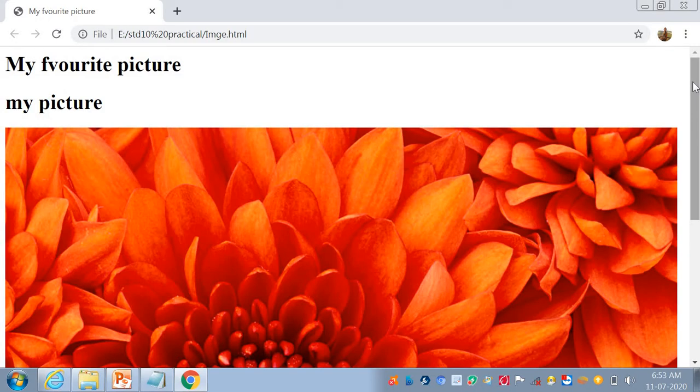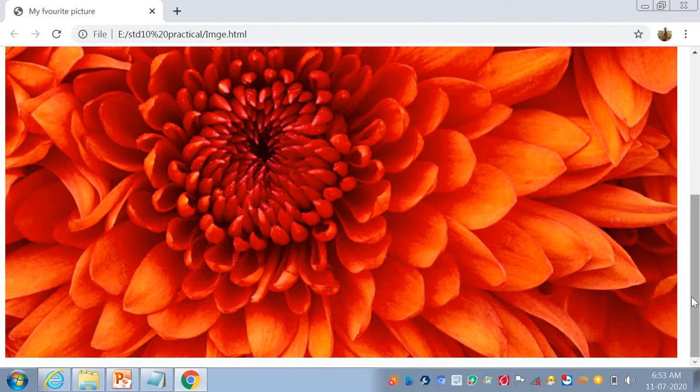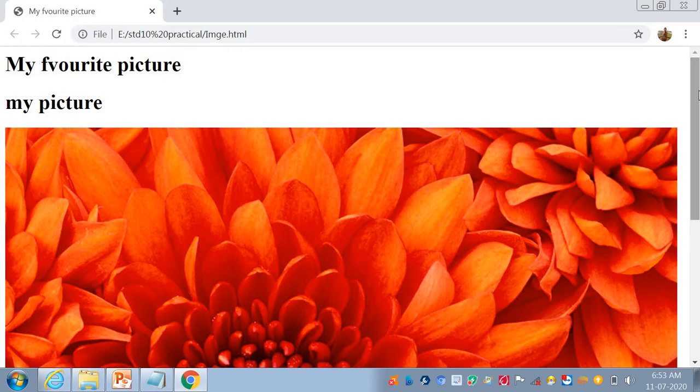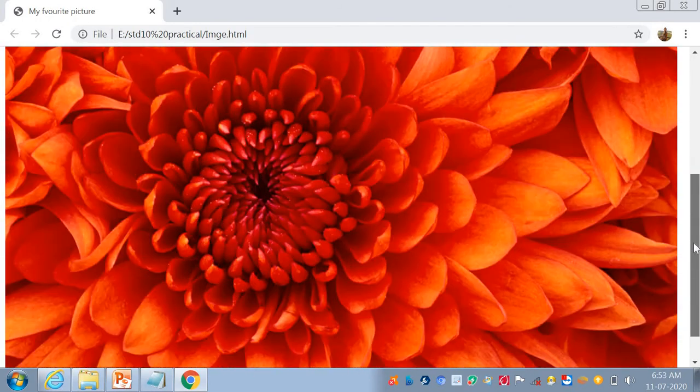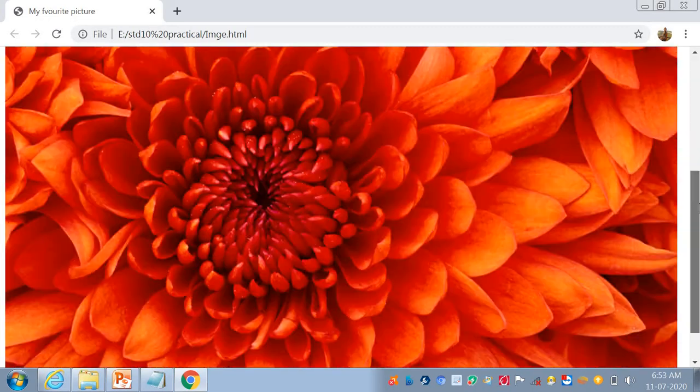You can easily see my favorite picture. So here you can see your picture size, height and width is very big. So now we move to our theory portion. Here you can understand how we insert a picture.